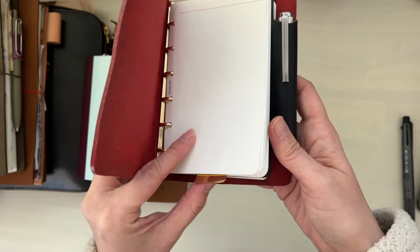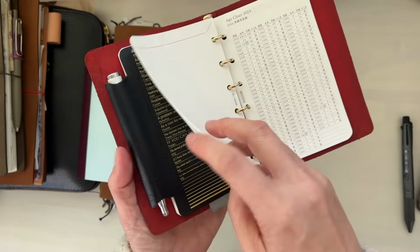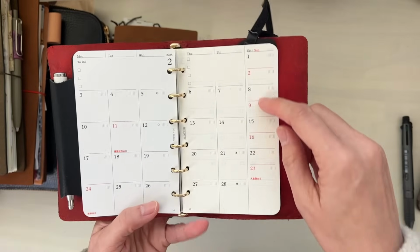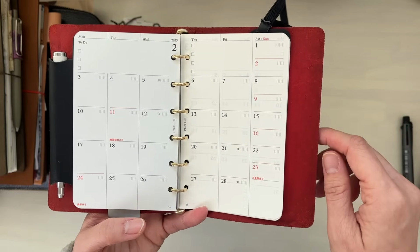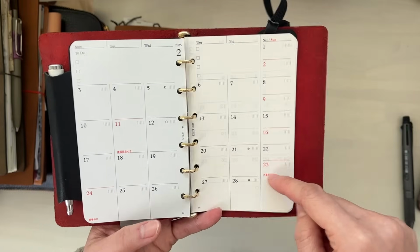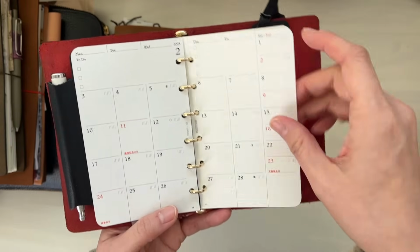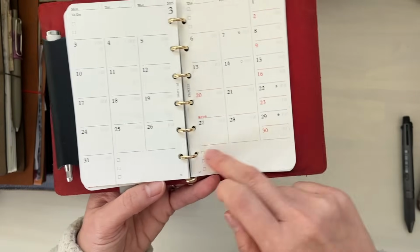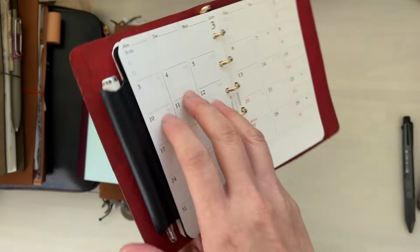and yeah, it's working out great. The only little thing is that I find that the calendar is a bit too small, like the weekends are a bit too small. And the weekends we have a lot of activities with kids, and that's the only little thing. I like that there's a bit of space here that I'll use. Sometimes there's a space at the bottom as well. You can see here that I'll use. If there's not enough, of course, I'll just use a page flag or a little